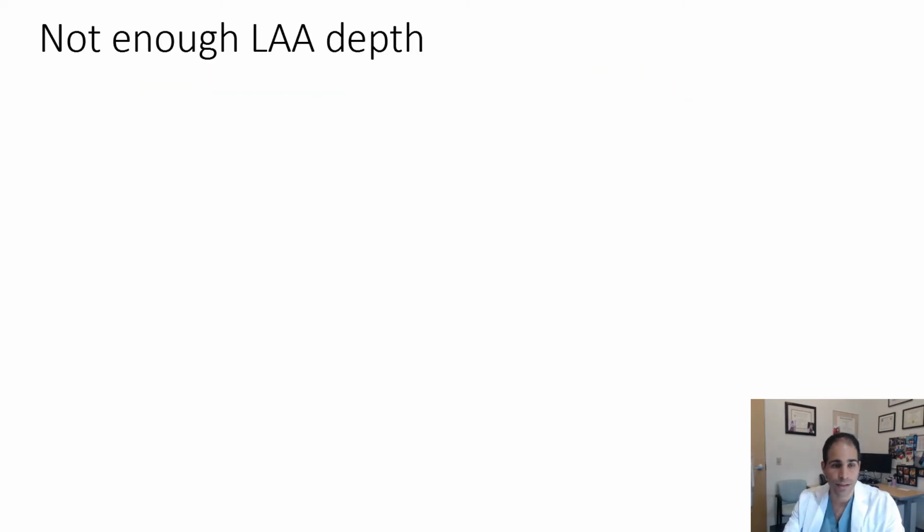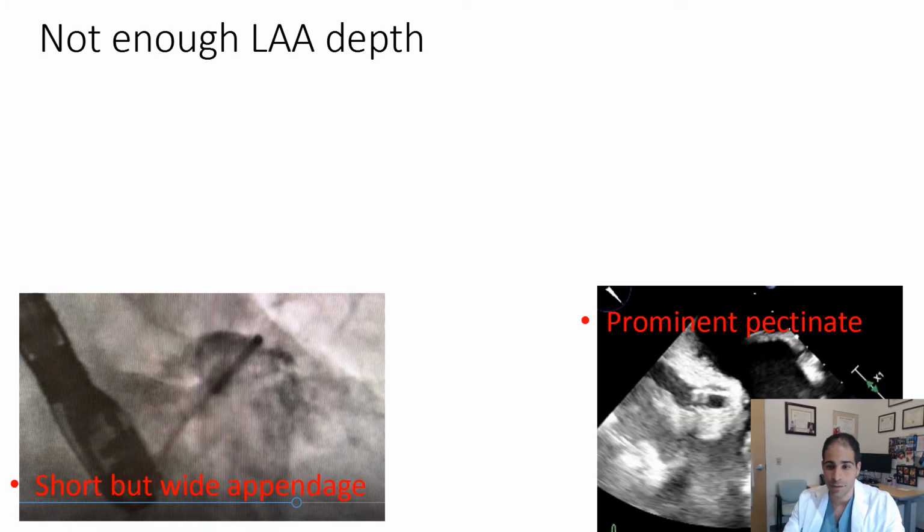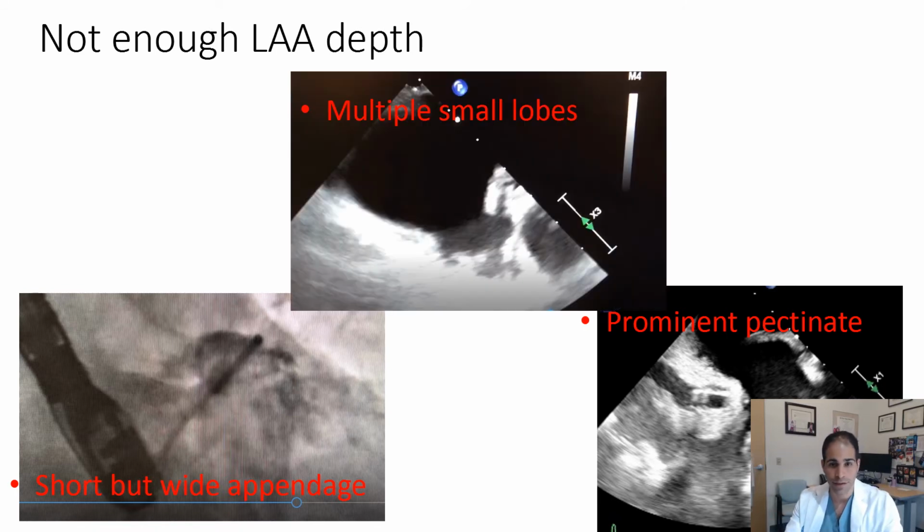Switching gears a little bit, let's talk about when there isn't enough depth to deliver your device. This is an example of a short but wide appendage. Here's an example of an appendage with very prominent pectinate, which will prevent your feet from expanding properly. And then here's an example of multiple small lobes. These anatomies can pose a challenge and certainly make your procedure more difficult, but it is possible to perform appendage